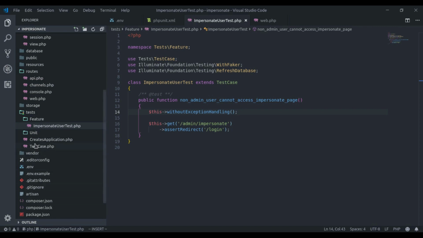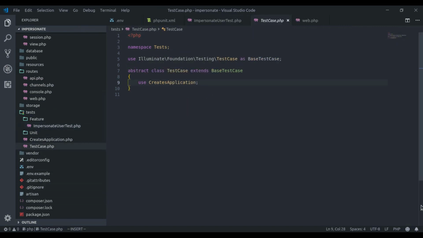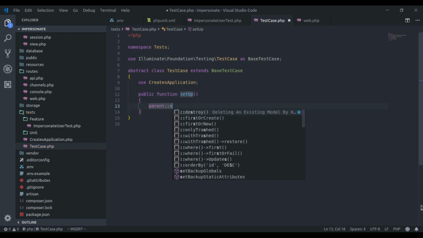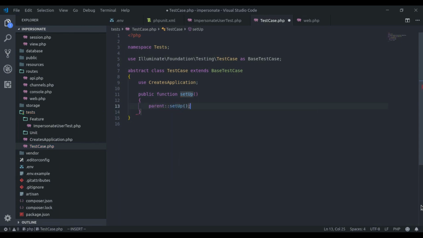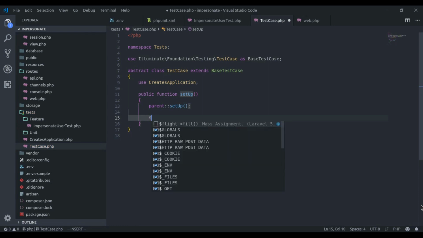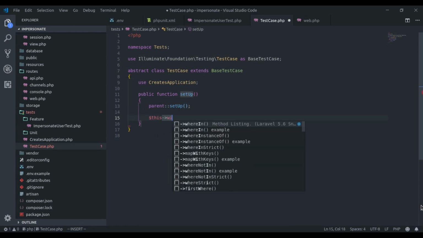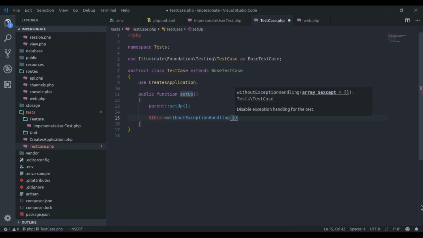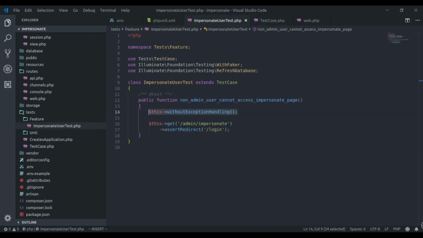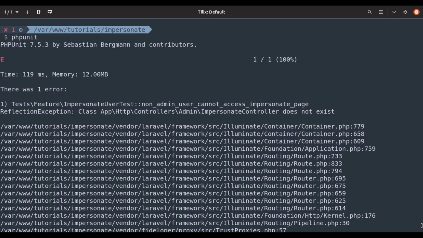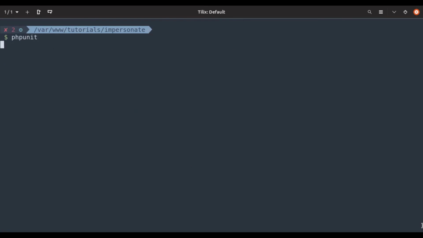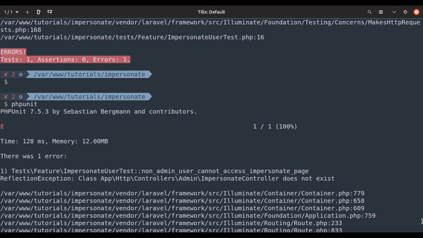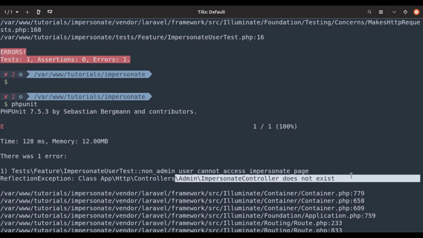So in TestCase.php, here we will say public function setUp, parent::setUp, and here we will call this withoutExceptionHandling. Now we can delete this from here. Let's run PHPUnit again. And we got proper feedback. This Admin ImpersonateController does not exist.